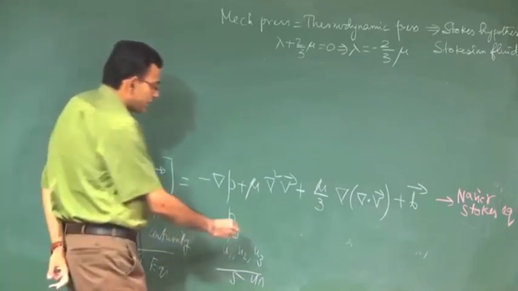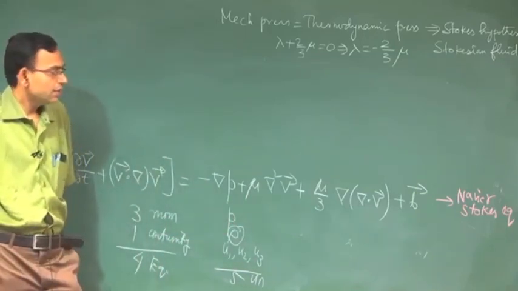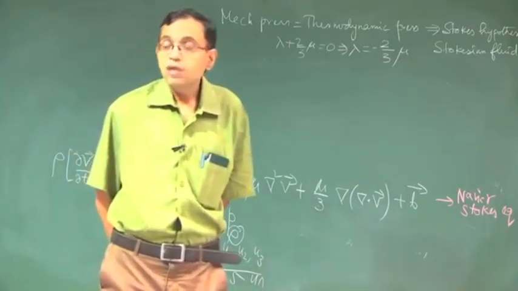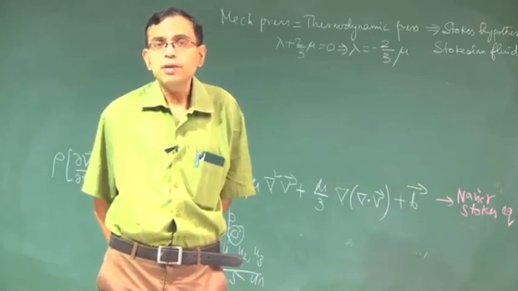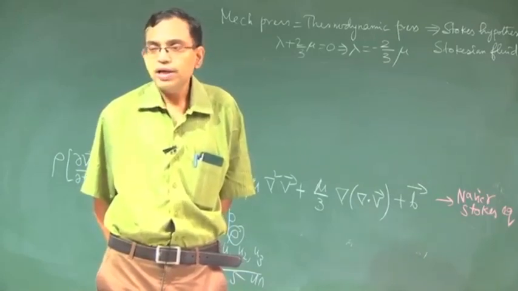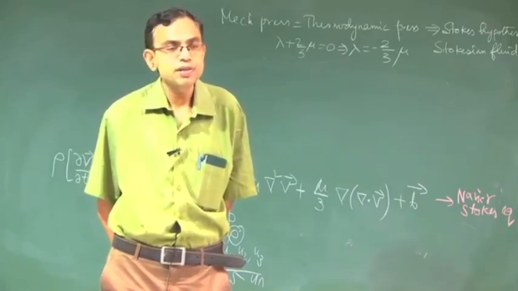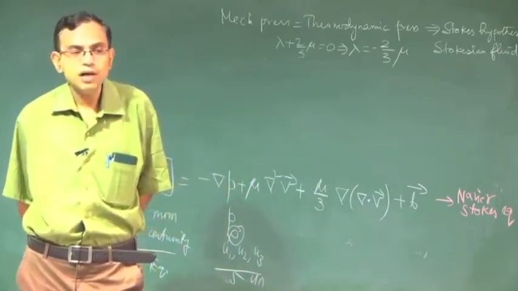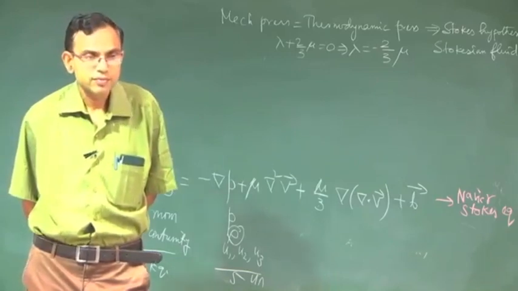So one clear possibility is rho is constant or rho is given. Then continuity and Navier-Stokes form a closed set of equations. If rho is not given, then rho can be a function of what? Rho can be a function of pressure and temperature. For a simple compressible substance, rho is a function of 2 independent variables, say pressure and temperature, until and unless it is changing its phase.